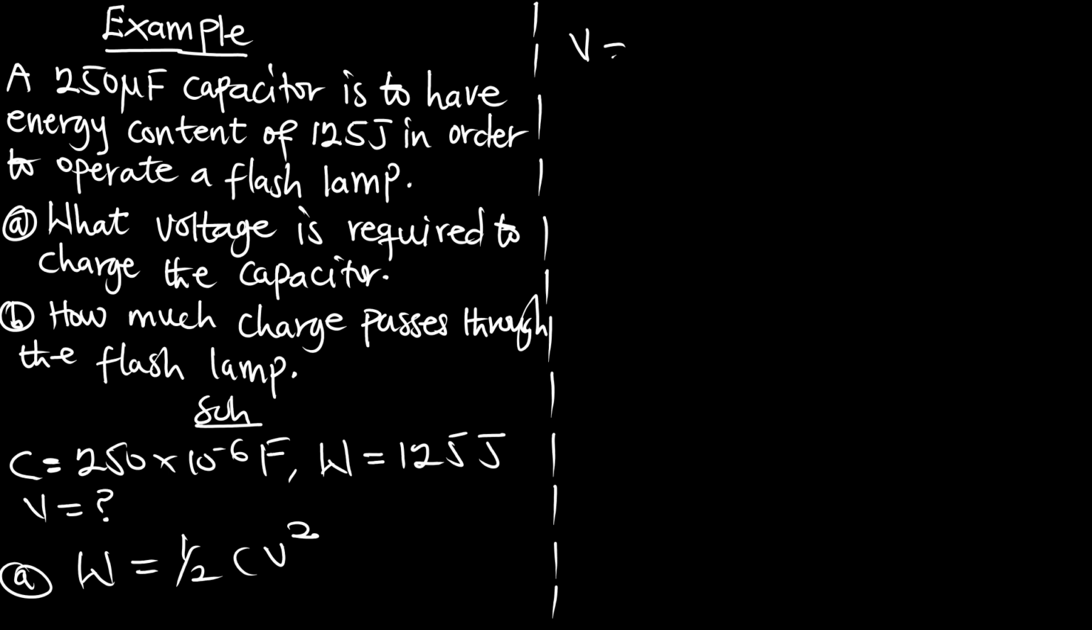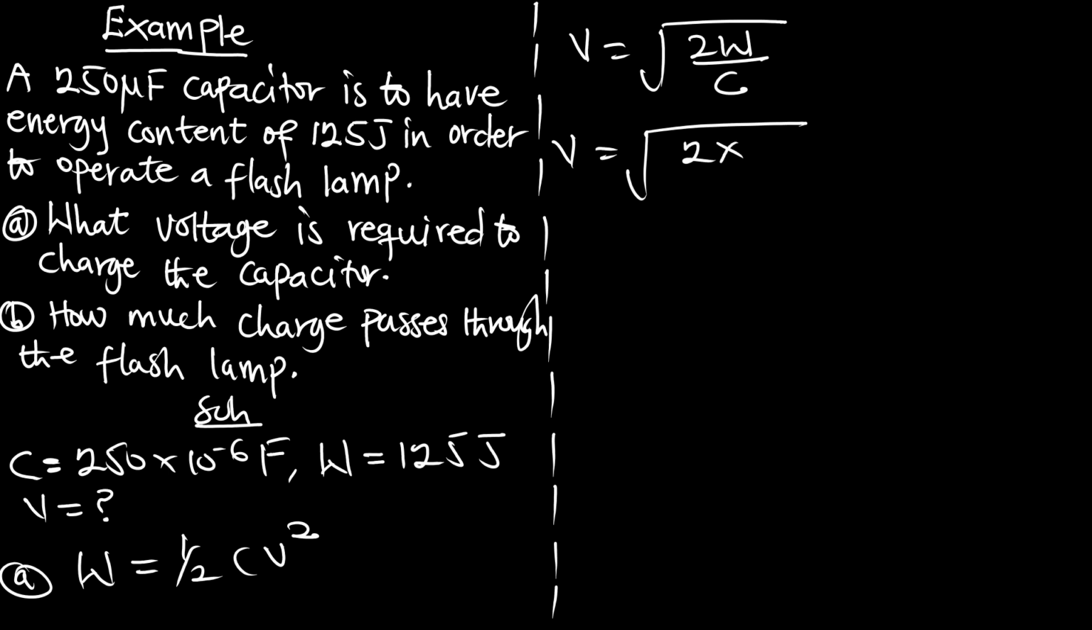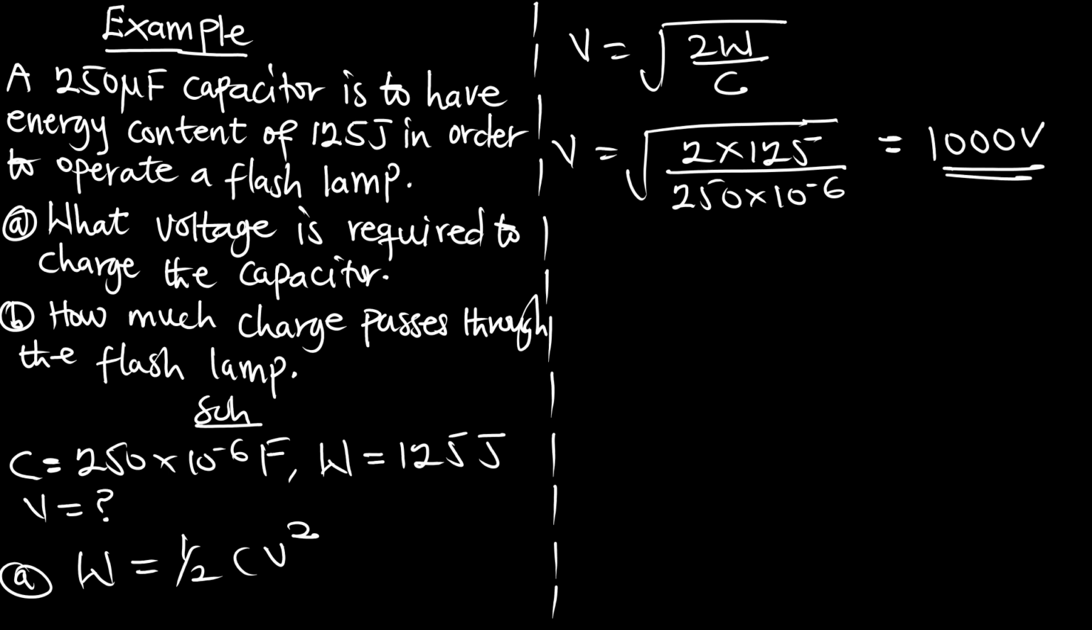If we have V, that is going to be square root of 2 times the energy over the capacitance. This is going to be equal to square root of 2 times the energy, 125, over the capacitance, which is 250 times 10 to the power negative 6. This is going to give us a voltage of what? 1000 volts. Are you okay? So we need a voltage source of 1000 volts to charge this 250 microfarad capacitor to an energy level of